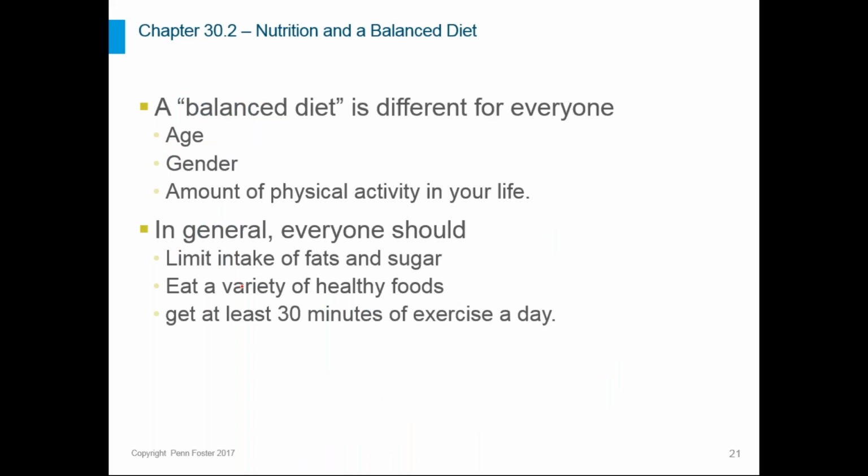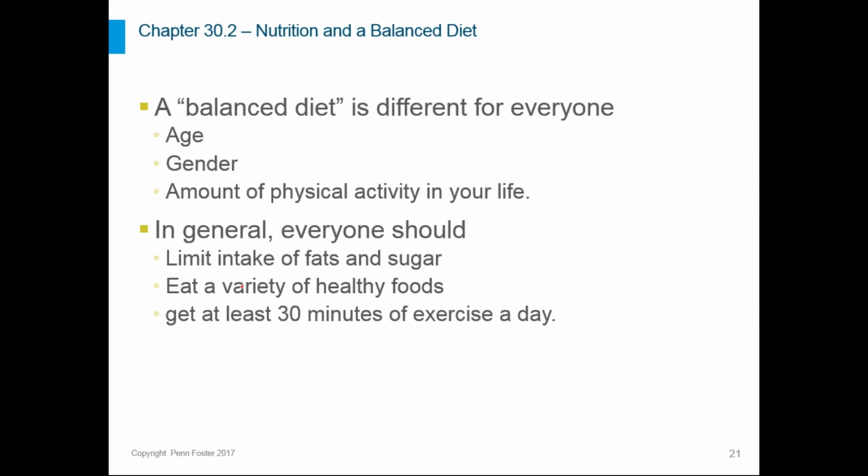And the section ends with just talking about nutrition and the idea that a balanced diet is going to be different for everyone. So what you should eat every day, what your body requires you to eat, is going to be different for different people based on their age, based on their gender, and based on the amount of physical activity in their life. So someone that only moves around a little bit during the day versus someone that has a job requiring a lot of physical activity, or that just exercises a lot, they're going to have different requirements